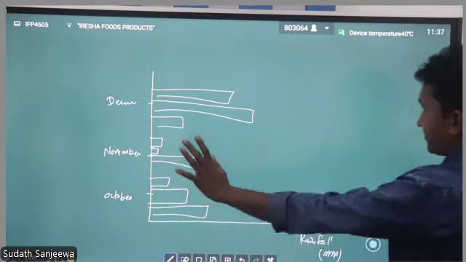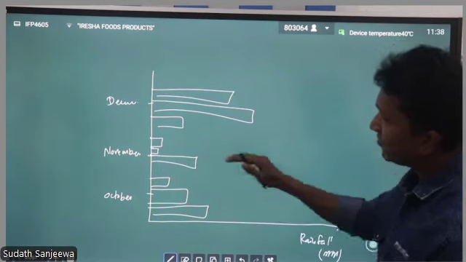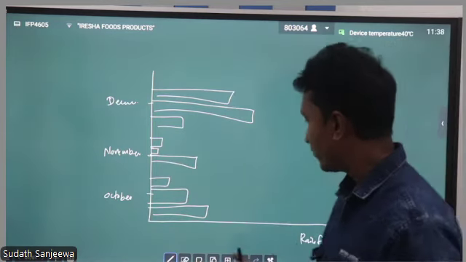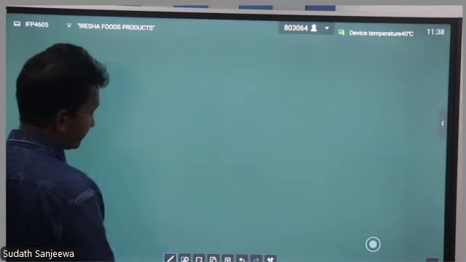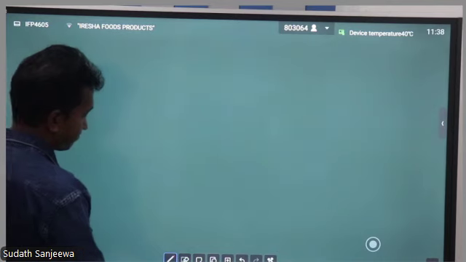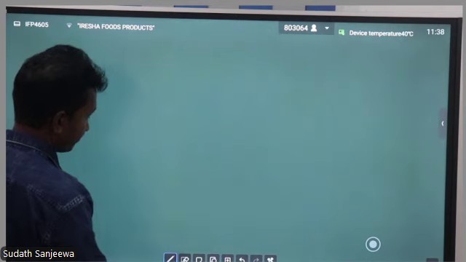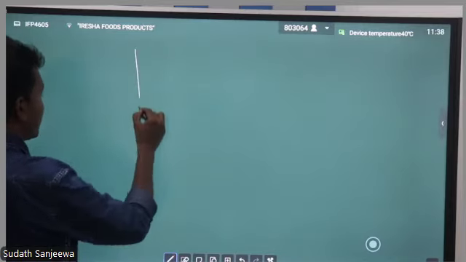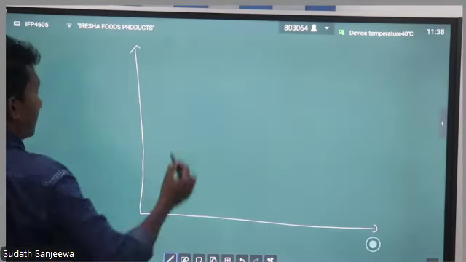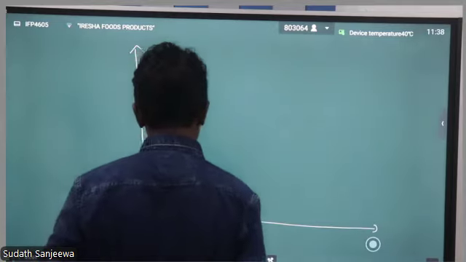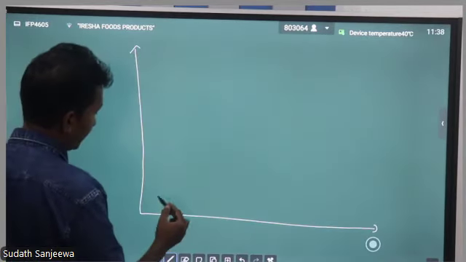This is a bar chart. So we can use a column chart or a bar chart for this question. Also, we can use a line chart. What is a line chart? Let's say